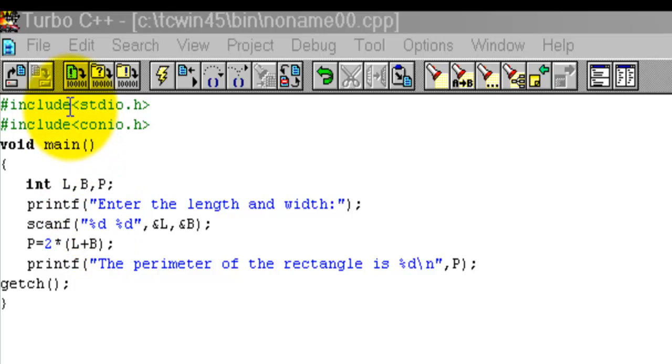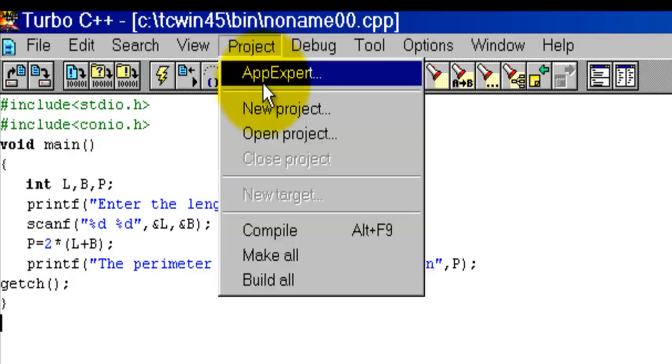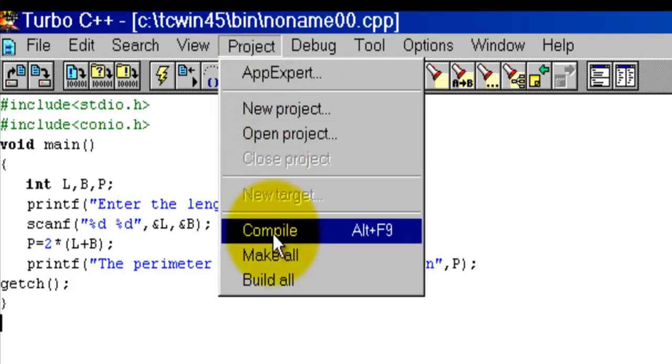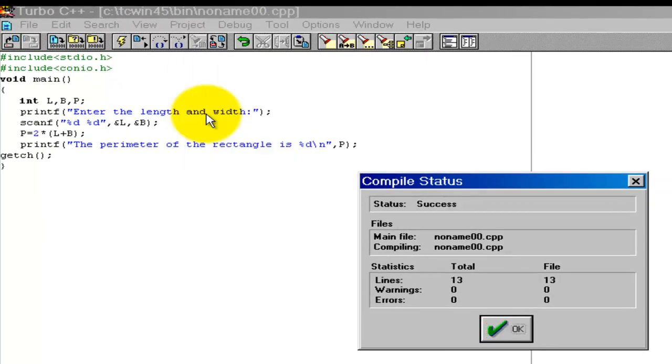Okay, first we type the program, then click on project, then compile, click on compile.